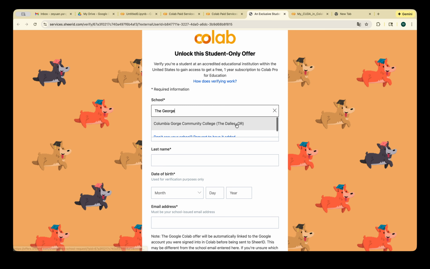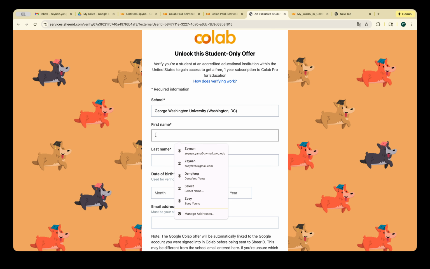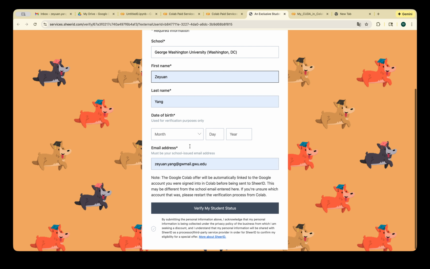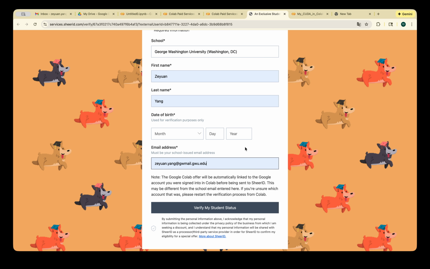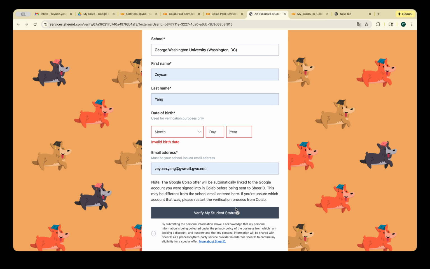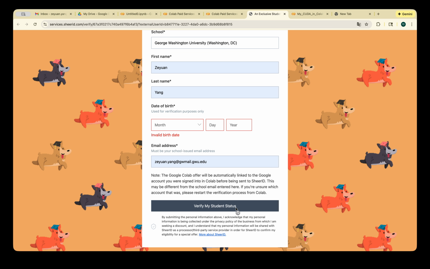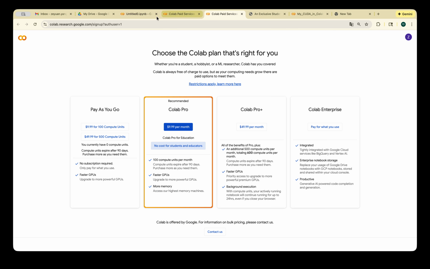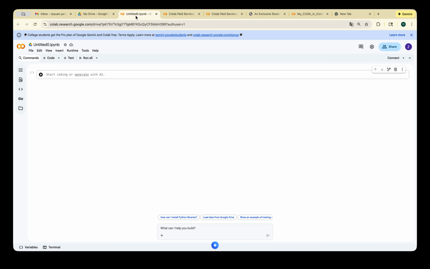George Washington. Okay, there is no "the", it will be only George Washington University. Okay, and your first name, your last name, your email, and also your birthday. Then you will go to verify, and it will give you access to the Pro plan really quickly, maybe less than 2 hours, and then you will get your Pro. And what will be seen from the Pro,